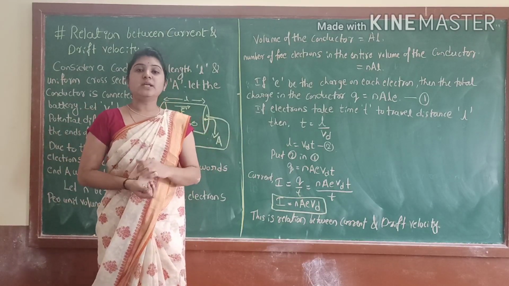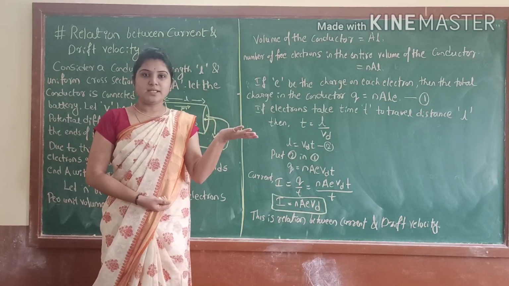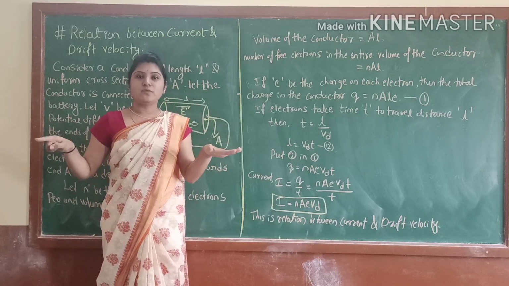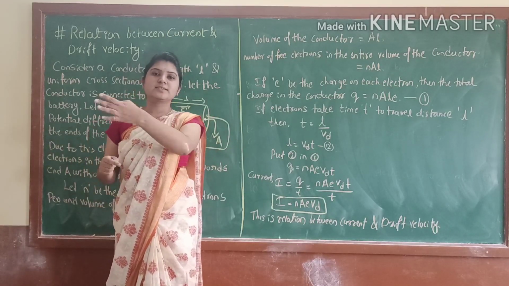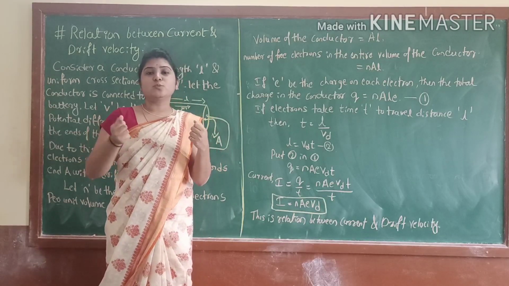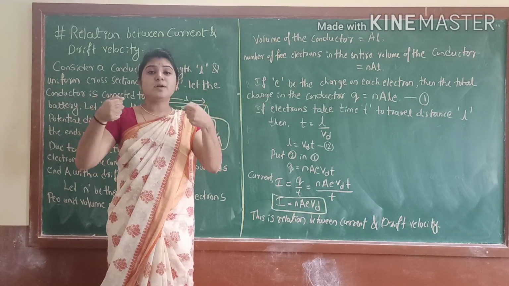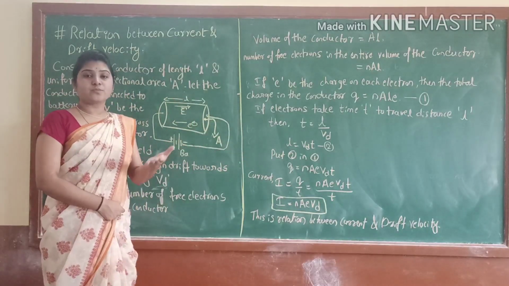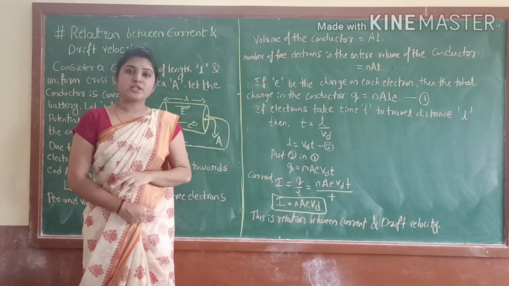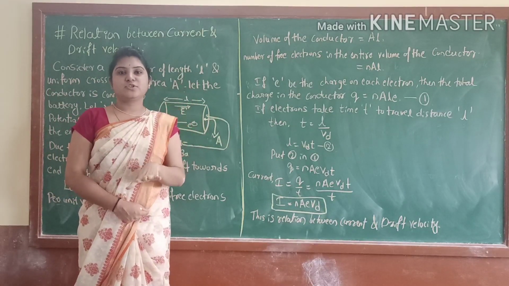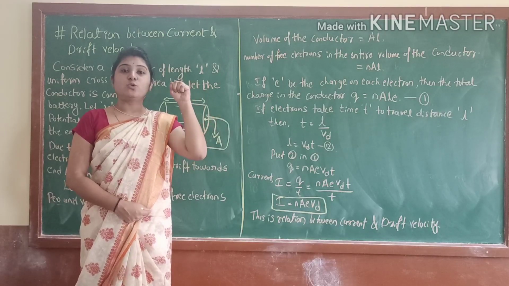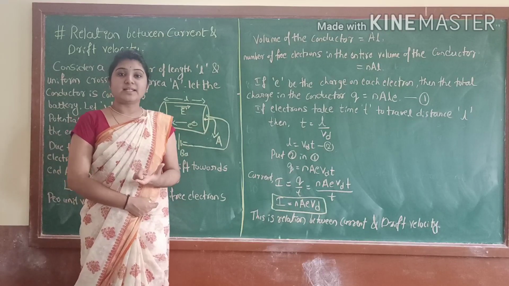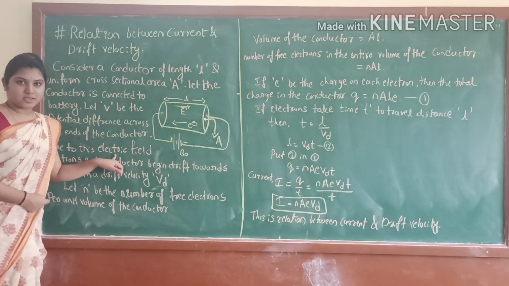Basically we know how the electrons will move. They will move randomly, correct? In whatever direction they want, in that direction they are moving. See, this is the electron, this is moving in this direction, and one more electron will come and start to move in another direction. There is no particular direction for them, correct? So what will I do? To make them move in a particular direction, I have to make a restriction, or else apply a force on the electrons. See, which force am I applying? That is the electric field, correct?